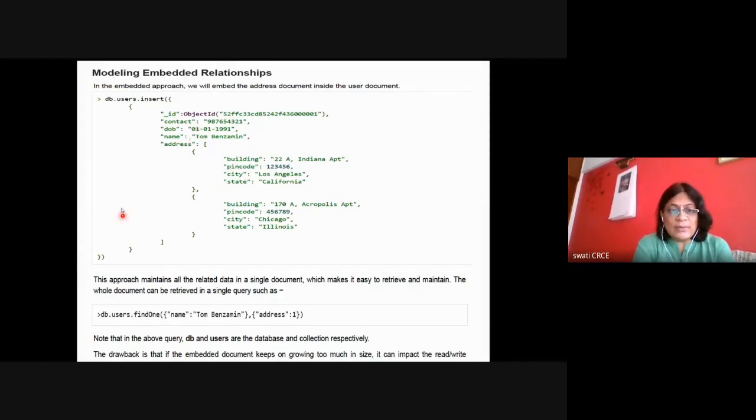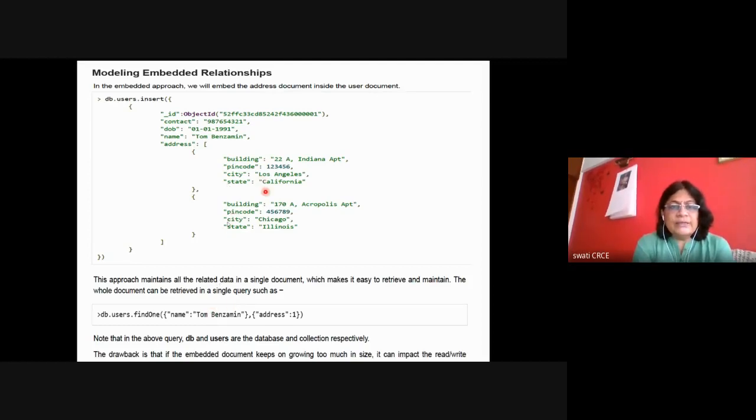See the syntax here: in curly brackets we write down the user document with three values, and then inside that, address is an element. This address is a key, and this is the value. There are two addresses for this user. We can have two addresses for the same user. There is flexibility. For one user, you may not have any address field, for this user you have two addresses, and for another user you may have three addresses. All the flexibility is provided.